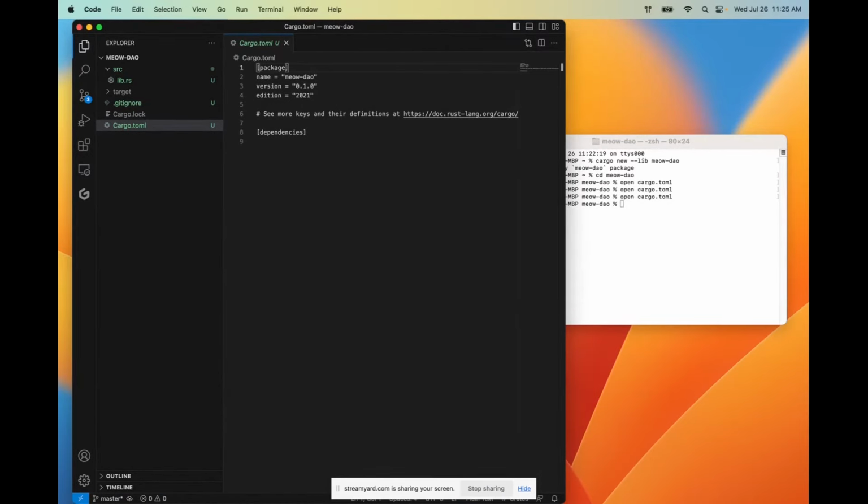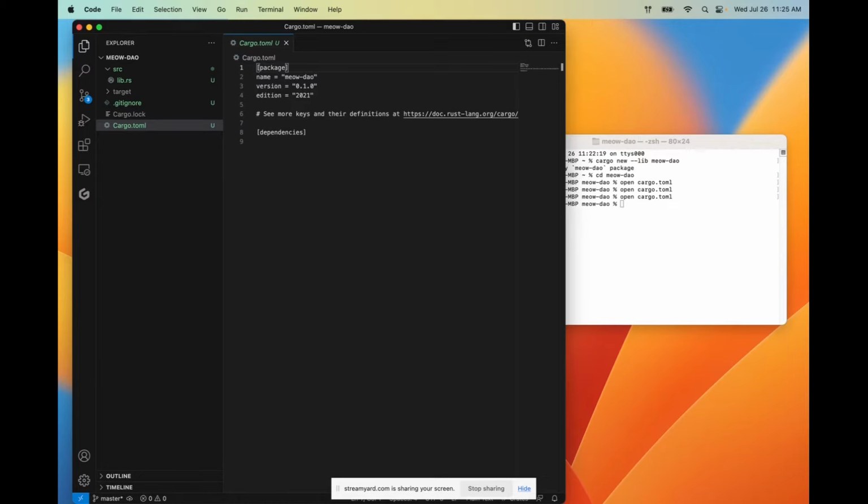Now what we need to do is configure a couple of things. We're going to configure the library type, we're going to import the Soroban SDK and features, and we're going to configure the release profile. All of these things within this toml file set up the settings that we're going to need to build specifically for Soroban Rust.